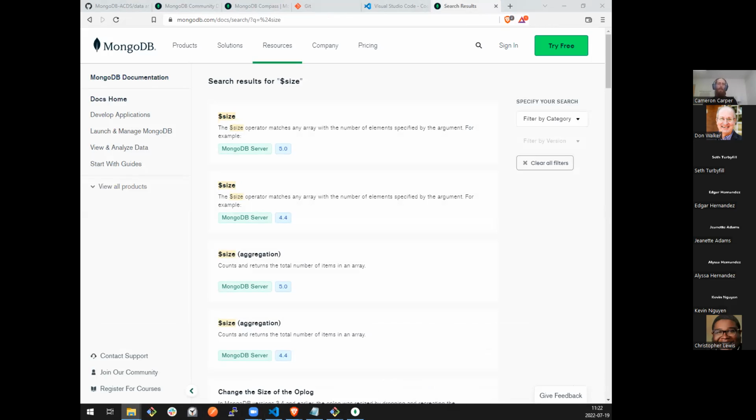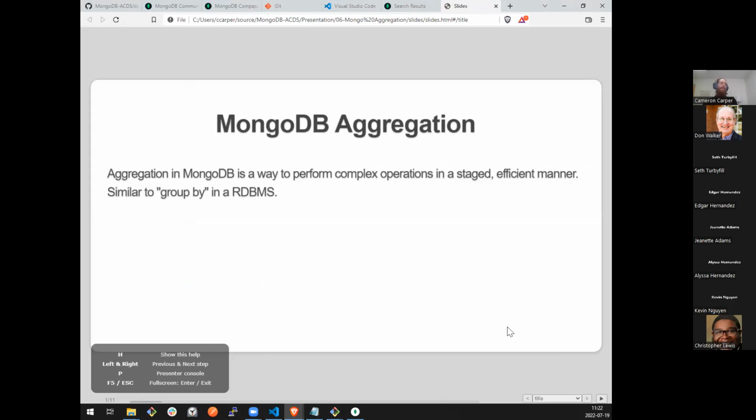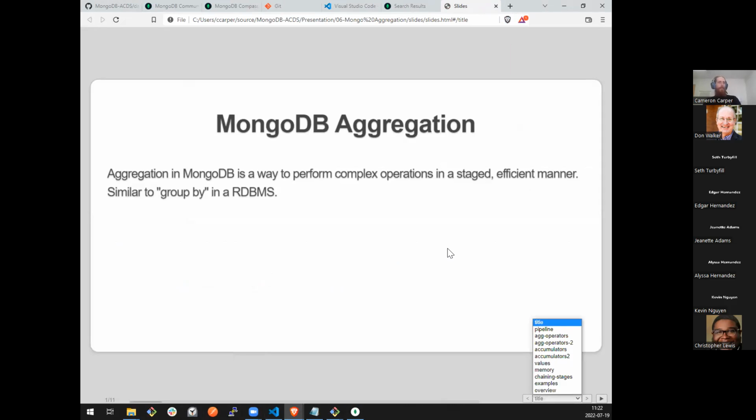Because what I'm really wanting to get to is aggregation. Let's see. All right, I know those last couple of slides, they're not super important to what you guys are looking for, so I just skipped them. Like I said, they're in the GitHub if you'd like to review them.